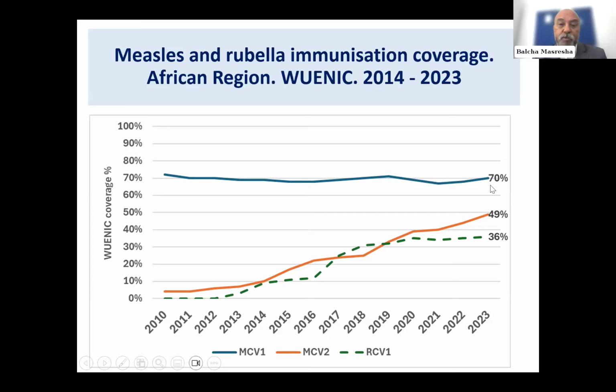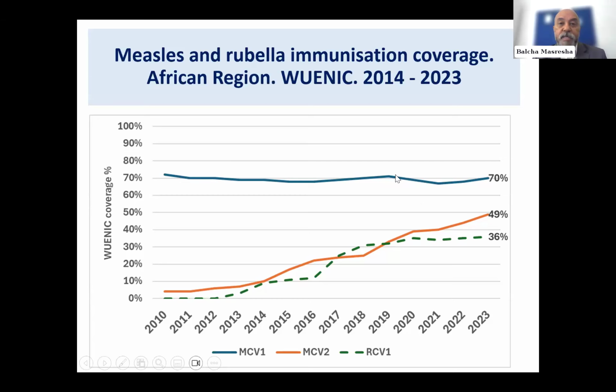But one point that I wanted to show here is that throughout the last 15 years, I can say, the first dose measles vaccination coverage has literally plateaued across the region. This is also mirrored by the coverage for BCG, by the coverage for the first dose of DPT and the third dose of DPT containing vaccines as well.